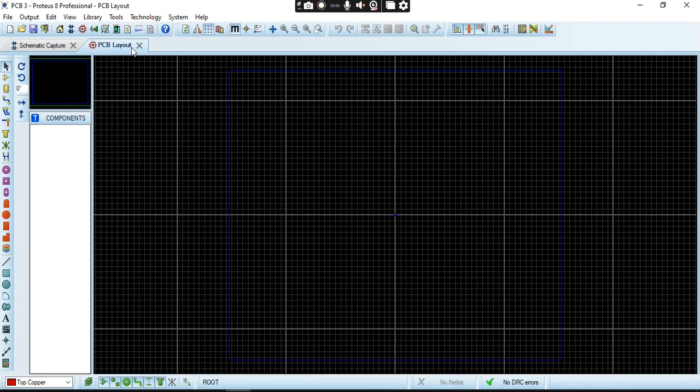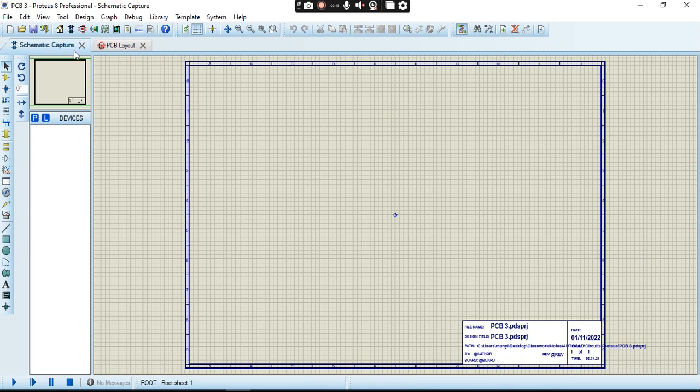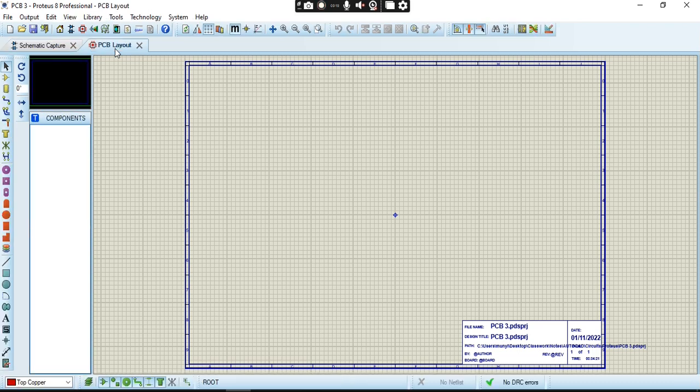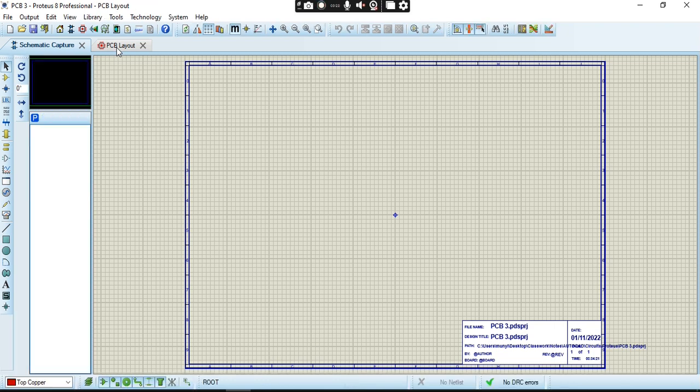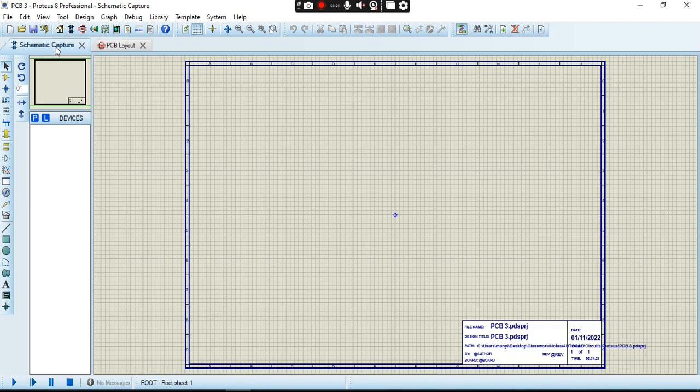Now it usually opens on your PCB layout here, as you can see here, and then you have your schematic layout here. So you convert from your PCB layout to schematic layout by clicking on schematic here. You go back to your schematic. You can move between the two windows like that, moving from one to the other. Okay, now next